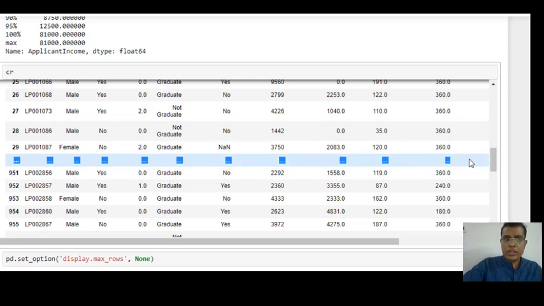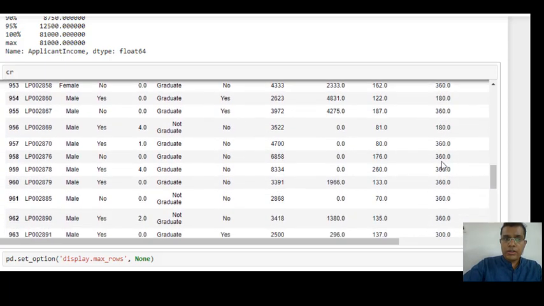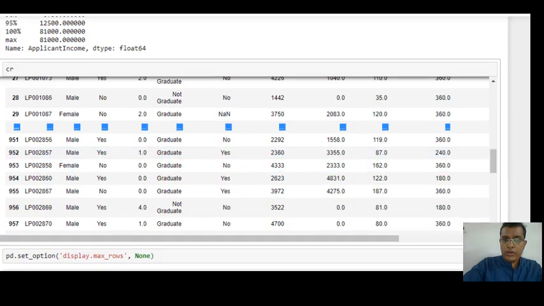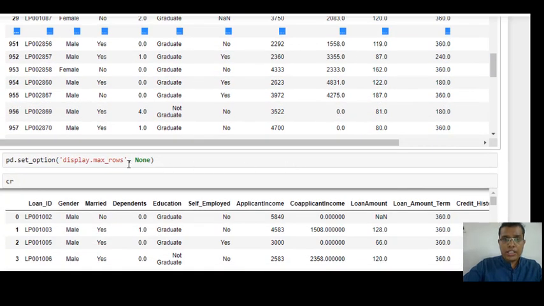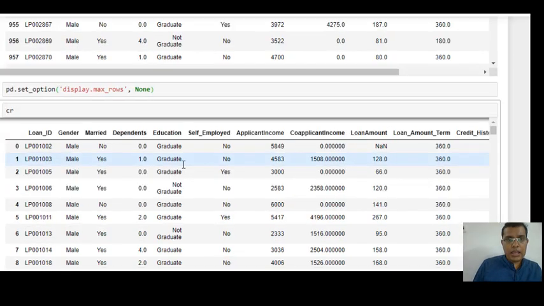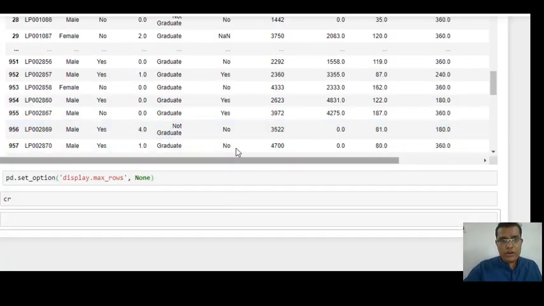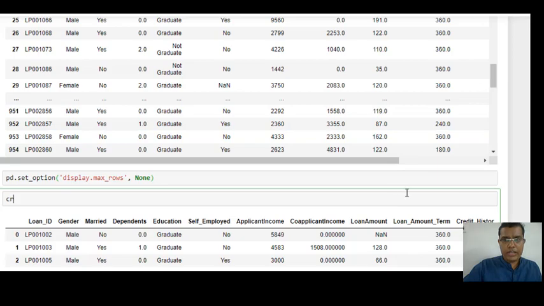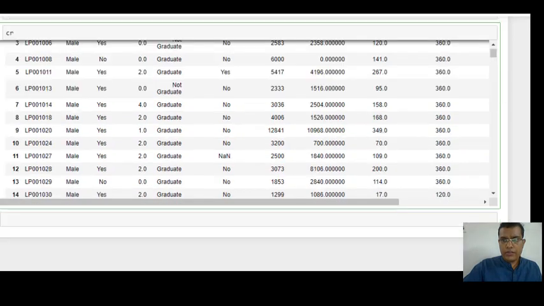It doesn't mean that all these rows or columns do not exist. Just because of the space issue over here, it's not printing all the rows, but these rows exist. If you want to see all the rows in your Jupyter notebook, you have to add an option, display max rows. Now, if I run this and I see this, then you will not face that problem. So it may take a while because it's printing all the rows. Now, if you see this,